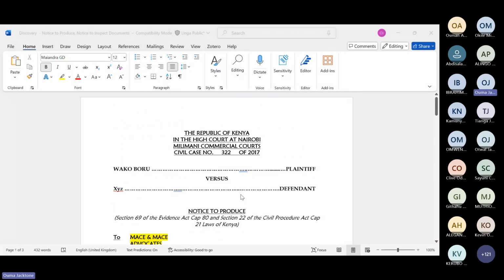So in the question, go to the question and see which documents your client is looking to get. Which documents is your client looking to have? Okay, so once you know them, you prepare a list of them.